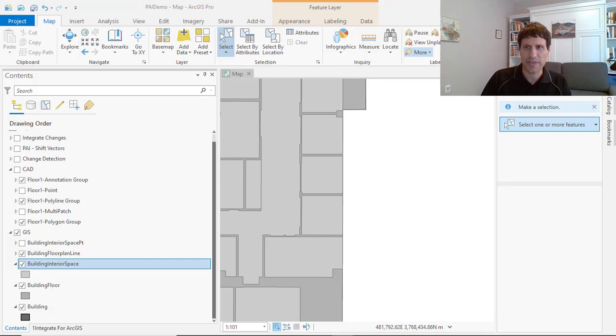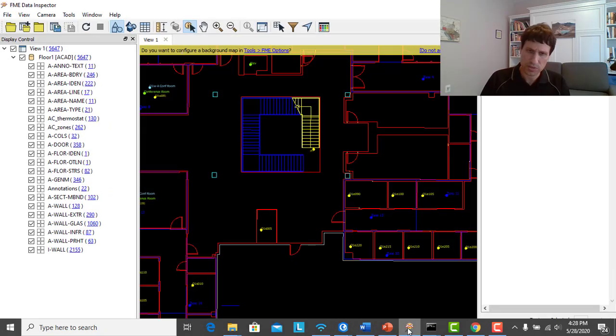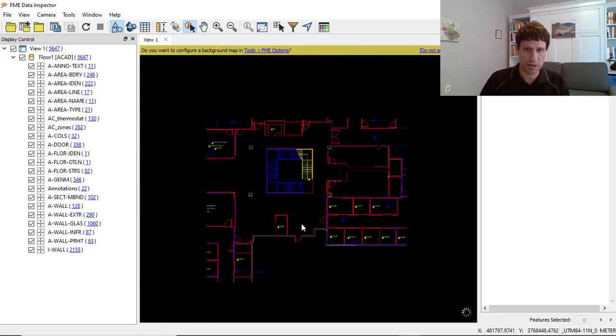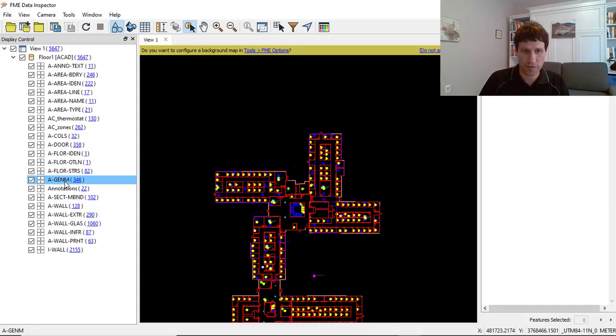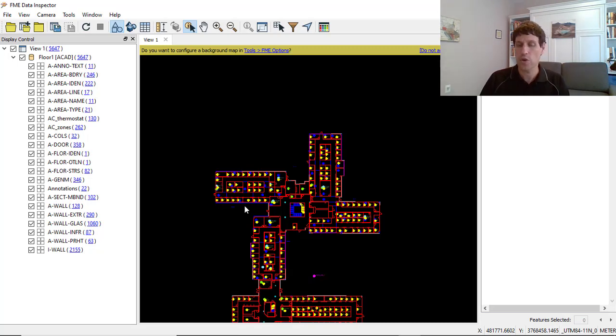Alright, so let's take a look at the actual CAD drawings themselves. So we come over to our FME product, which will give us a way to visualize the CAD drawings. Here I have my CAD drawing itself, and in the CAD drawing you can notice that we have a whole bunch of information inside that drawing. We have information on the actual rooms, but we also have those additional features that we were interested in, such as the stairwells, the doors,